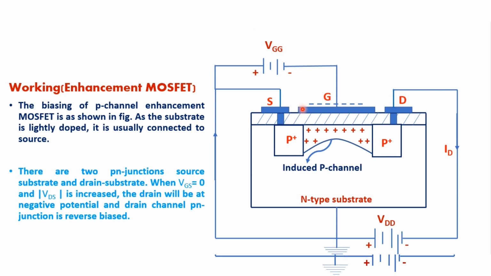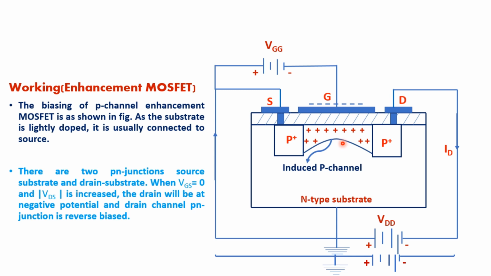And the third condition, when the magnitude of gate to source voltage is greater than the threshold voltage. Now what is the threshold voltage? It is the lowest value of gate to source voltage beyond which the drain current enhances. That is what we call the threshold voltage, denoted by Vt. So here the magnitude of gate to source voltage in the third condition will be greater than the magnitude of threshold voltage, and then drain to source voltage is increased.